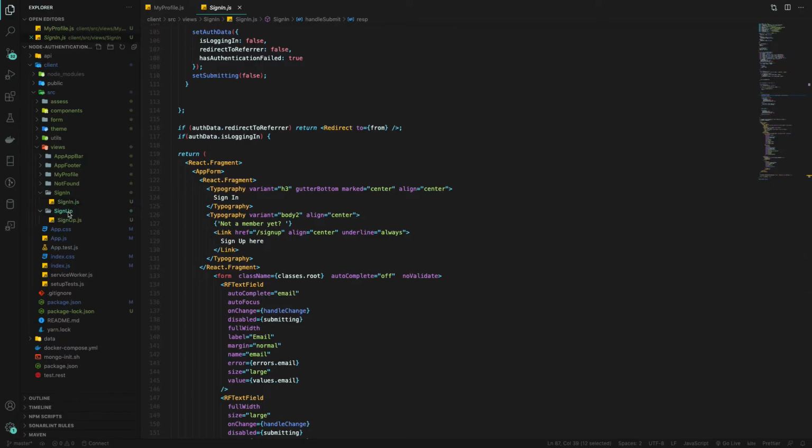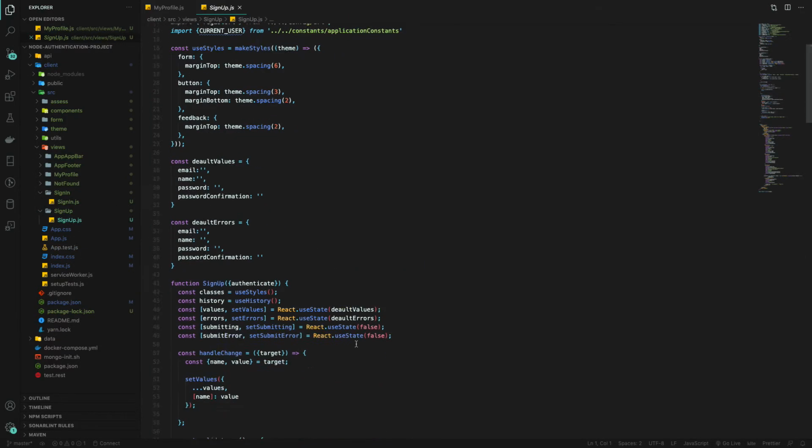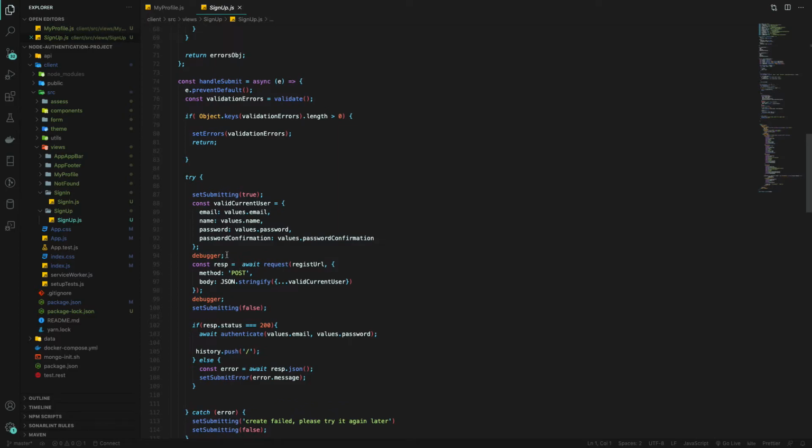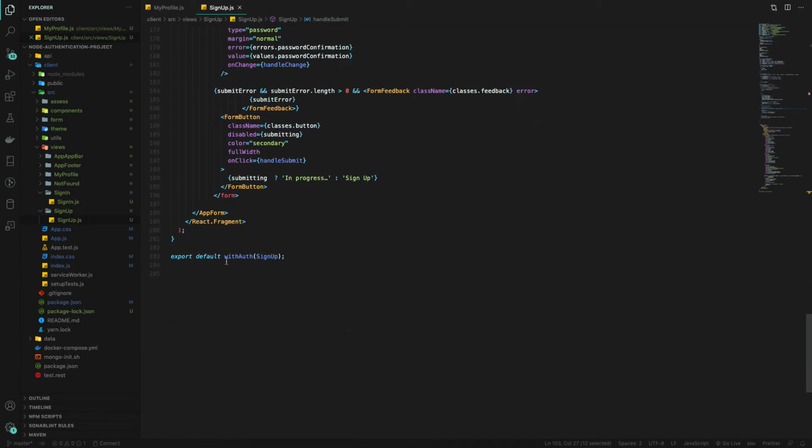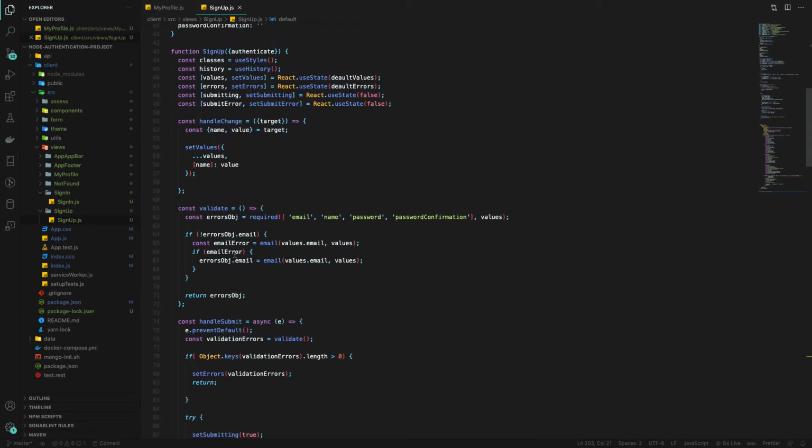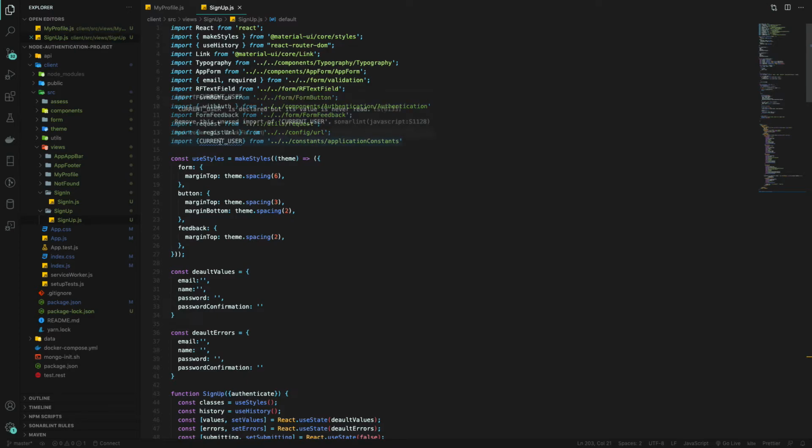Sign in and sign up work exactly the same, but the sign up actually calls the register folder. So when you make a request, you register. Once you register, then you are going to have the authentication. That's why I have this withAuth. The withAuth is a HOC component. I haven't built this